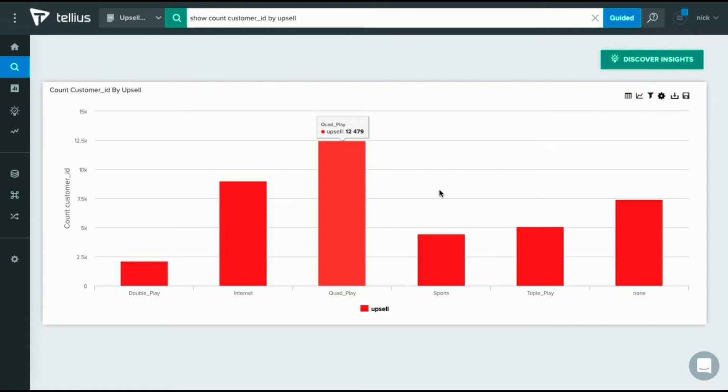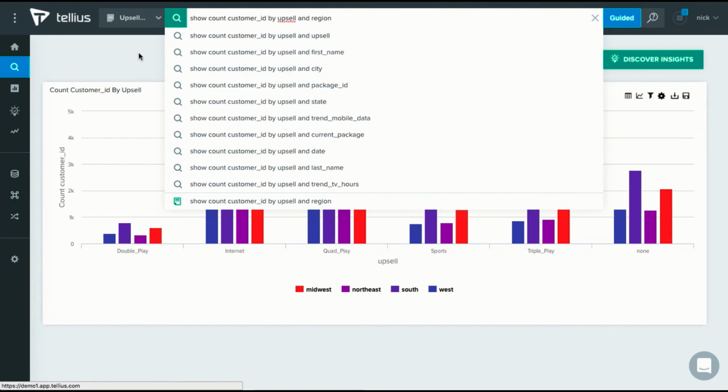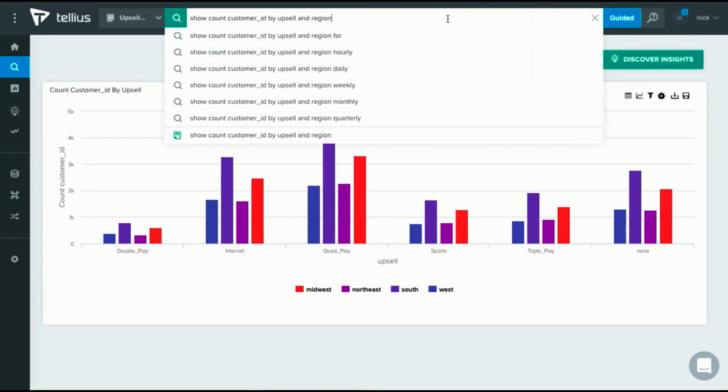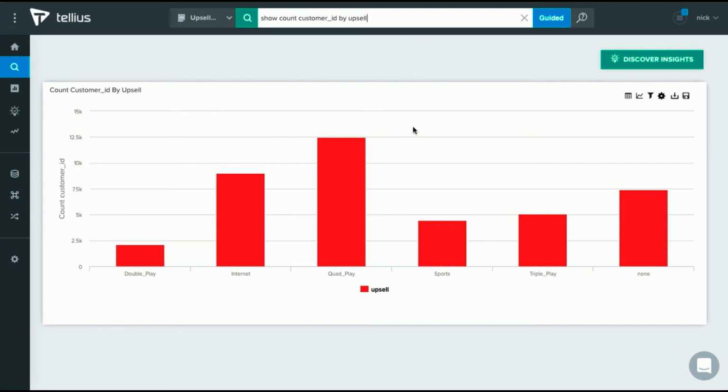In your current tools, you would most likely accomplish this by slicing and dicing your data, breaking down your target by different variables, which is a manual process that could introduce some bias into your analysis by only looking at the variables you are familiar with, and that will ultimately lead you to missing out on key findings. So let's let Tellius automate our investigation to find out what behavioral characteristics are associated with accepting an upsell offer